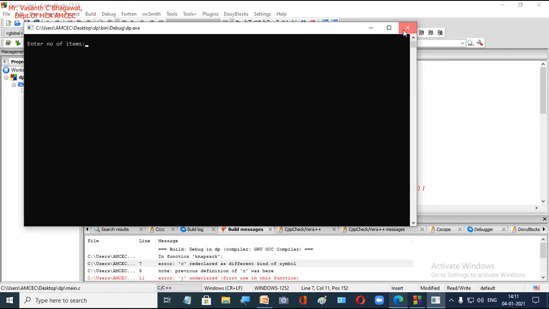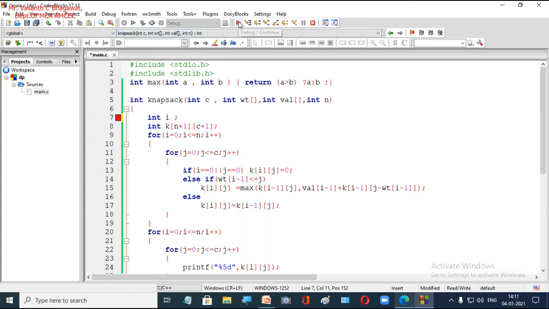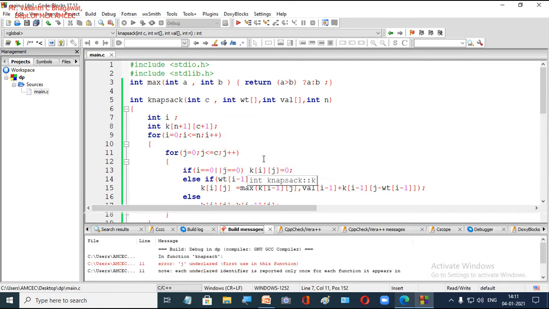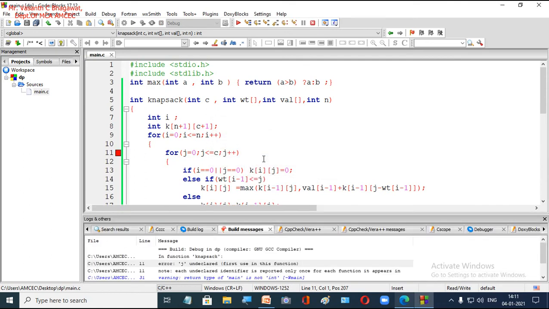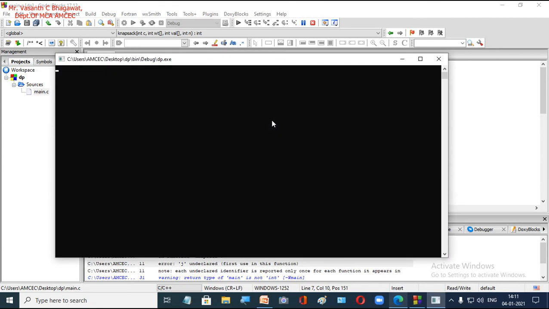If you remove that also, it's not a problem, right? So we will execute that. So j is not declared, right? So we will declare this variable j.